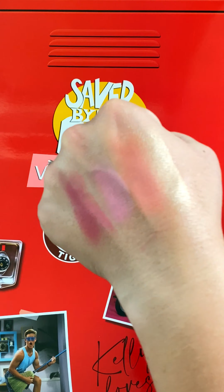Let's do a quick, and I mean super quick, unboxing of the new Wet n Wild Saved by the Bell collaboration that I just got in the mail. They sent this to me in PR and I kind of couldn't wait to take everything out and see what they had. And you can see it's a good sized collection. We had a brush trio in a plastic cell phone shaped case, setting spray, a mascara, 3 lip liner lip gloss duos,